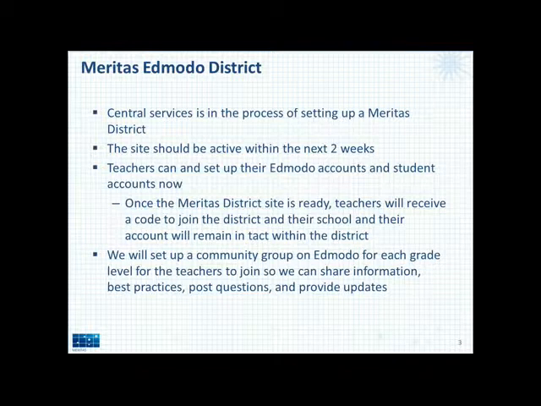Once we get that set up, I'll also be setting up a community group on Edmodo for each grade level. So we'll have one for 2nd, 3rd, 4th, 5th, 6th, 7th, and 8th grade, where the teachers from that grade will each join, and it'll give us an opportunity to share information, best practices, post some questions, and provide updates